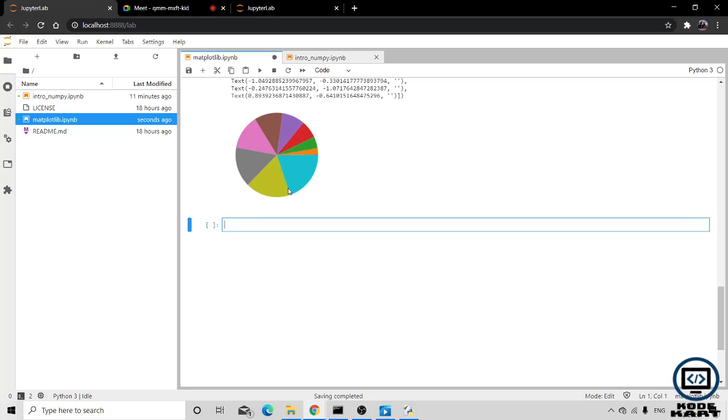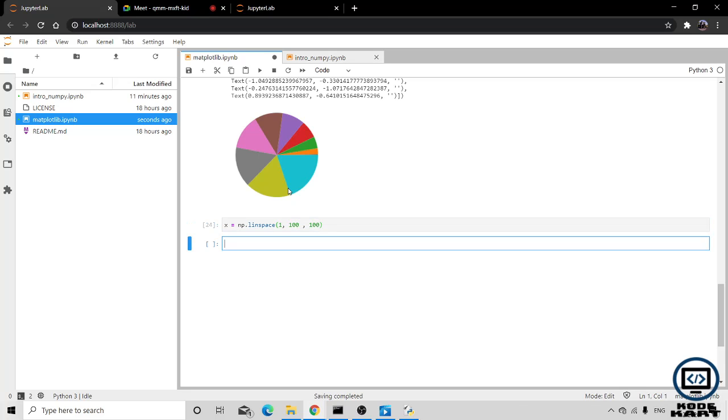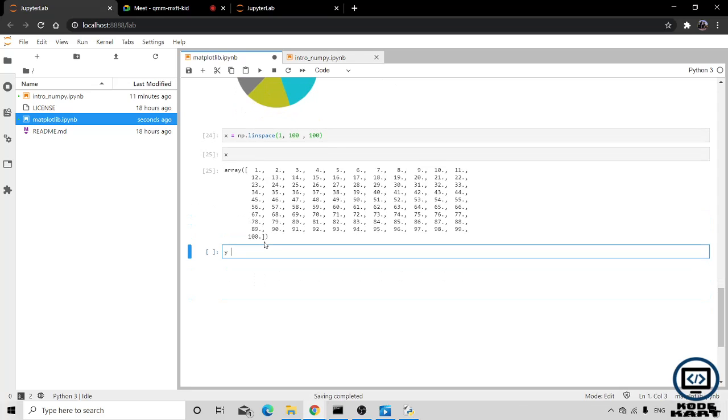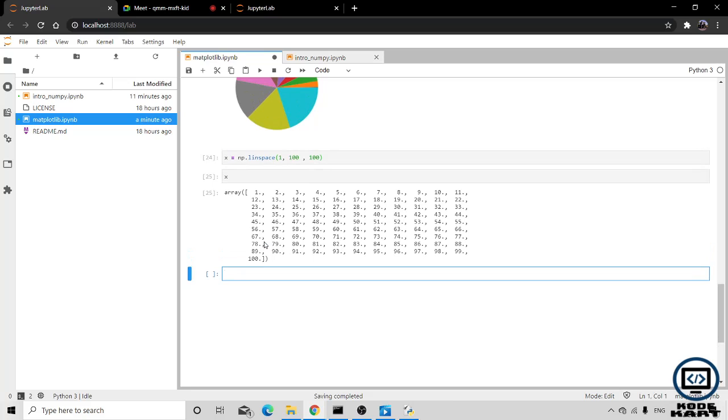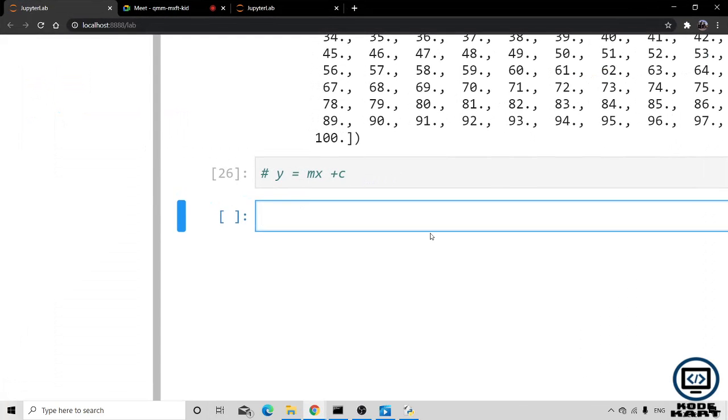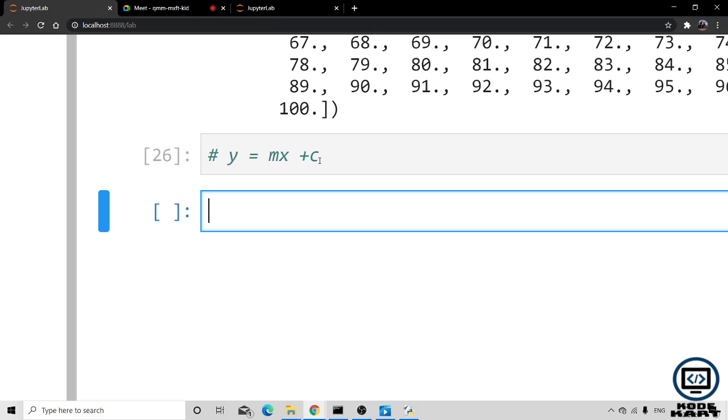So we are going to generate x data equals np.linspace. I want 1 to 100 values. Okay, we got 100. Now let's generate y. You all know the normal linear equation is y equals mx plus c.